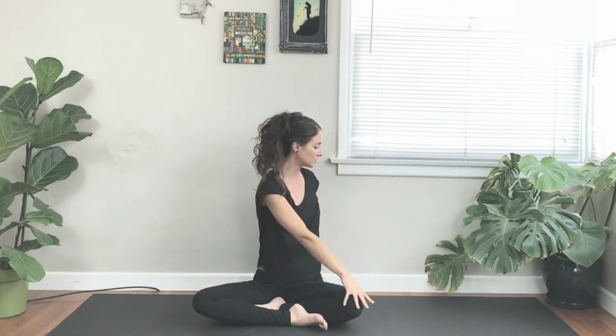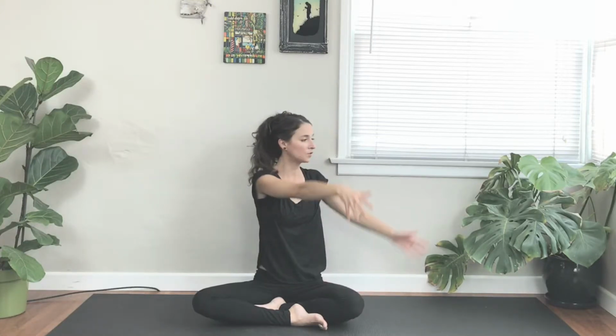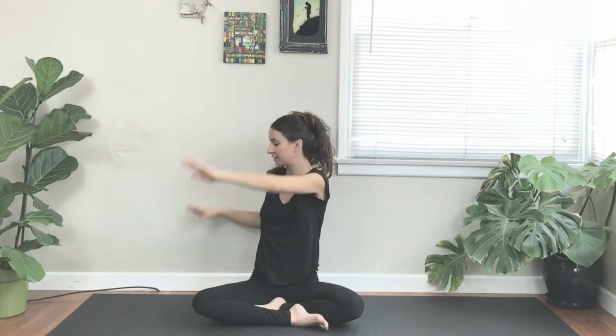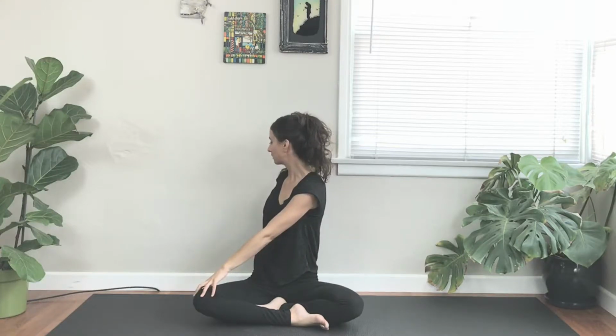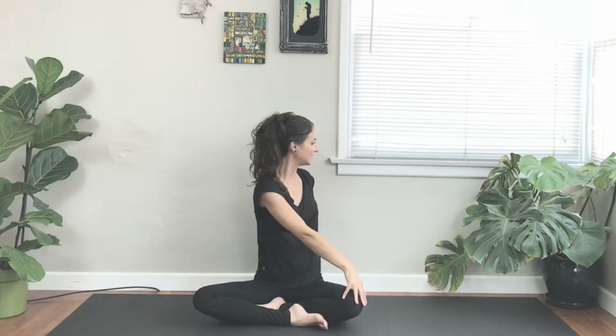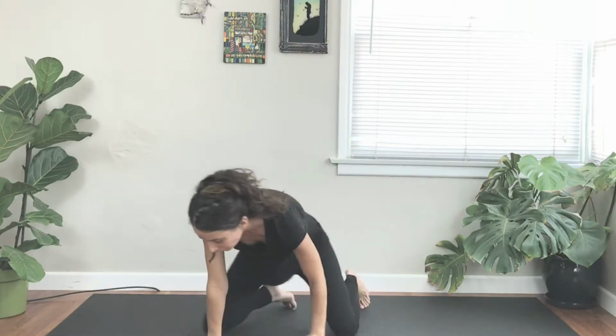Inhale, lift. This time, exhale, begin to twist over towards your right. Inhale, lengthen through your spine. Exhale, twisting a little bit deeper. Inhale, both of your hands up through center. Exhale to your other side. Inhale, lengthen. Exhale, deepen into your twist. Being gentle on your neck. Inhale, center. Exhale, twist. Inhale, lift. And exhale, twist. Big movements. Inhale, lift. Then exhale, release your hands down towards the ground